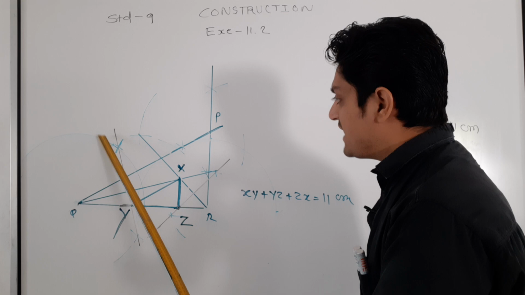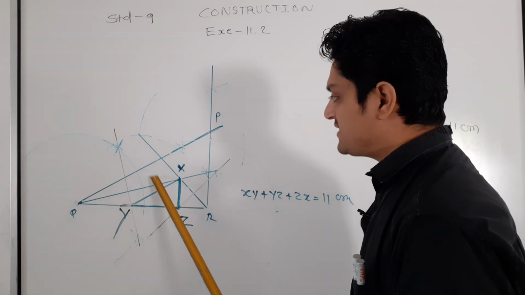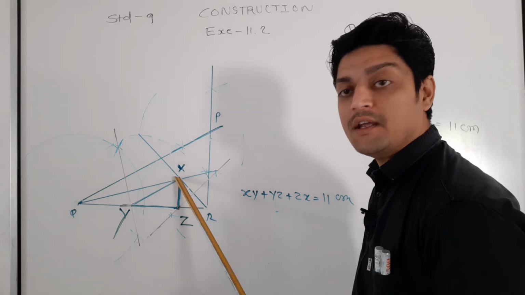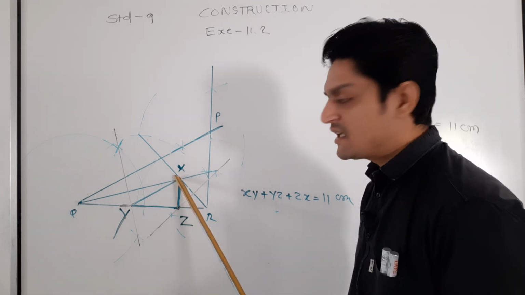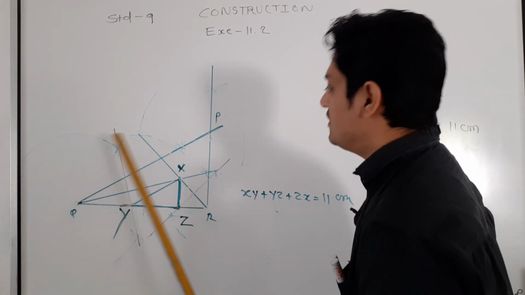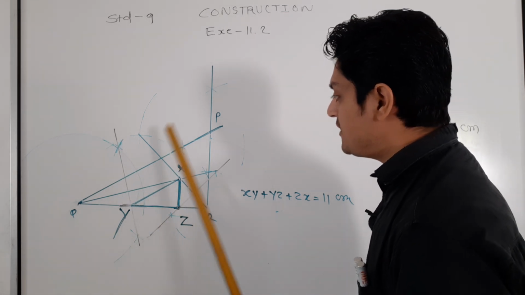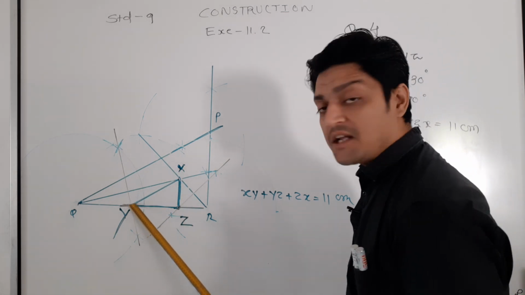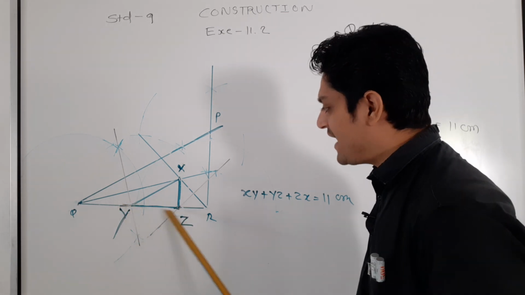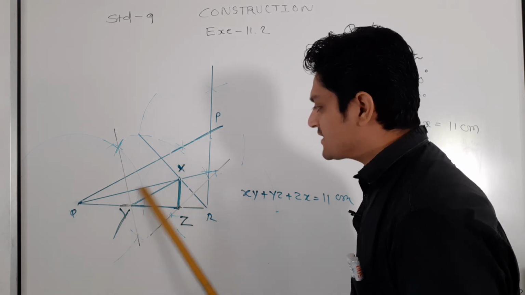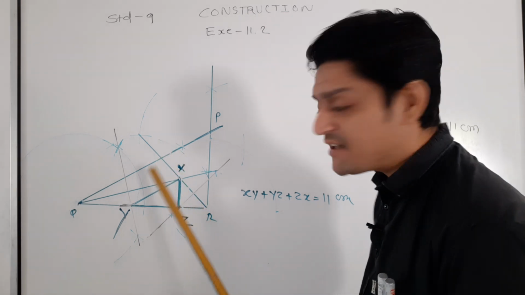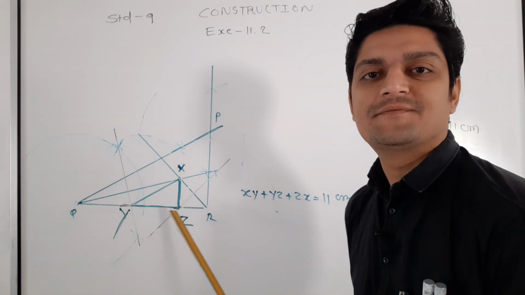Okay, its bisector you have to find. So the bisector of 30 is 15 degree and of 90 is 45 degree, and the point which you will get, you have to call it X. And again its bisector you have to find. Which bisector? The bisectors of XQ and XR you have to find again, and those intersecting points you have to call Y and Z. Then you have to join XY and XZ, and finally you will get a right triangle. Which triangle? Right triangle XYZ.